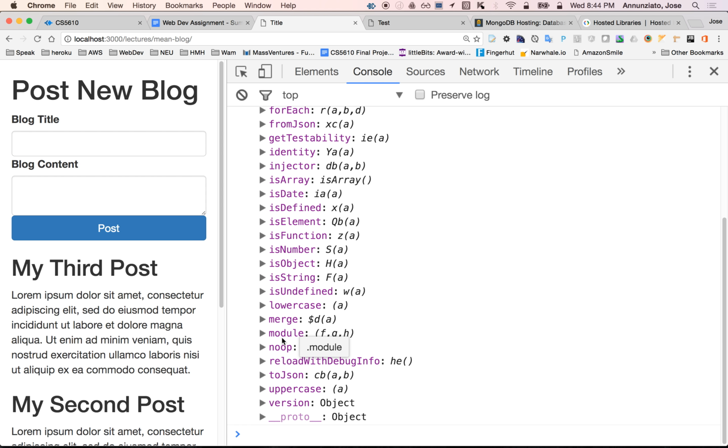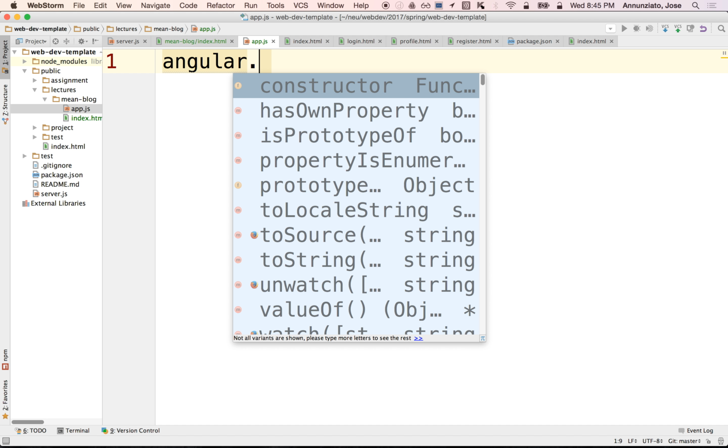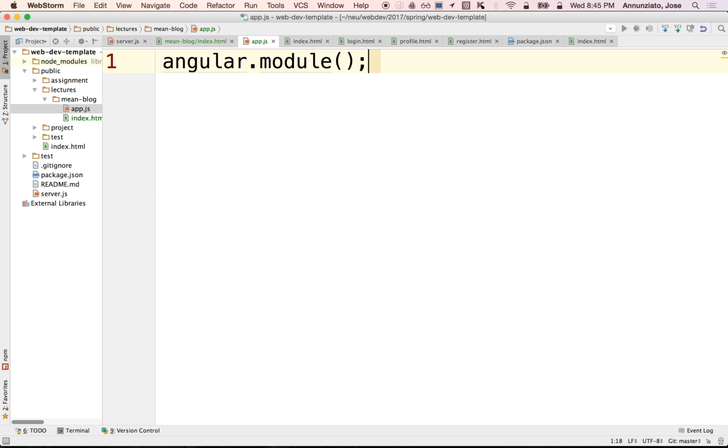It allows you to break up applications, large applications, into smaller modules. Yes? That's exactly what module does. It declares different modules. So let's do that. We're going to kill that. We're going to say angular.module, and we can give modules names. You can create any number of modules, break up your application into a bunch of smaller modules, and then create a top-level module that loads all the other modules. So we're going to declare a top-level module,